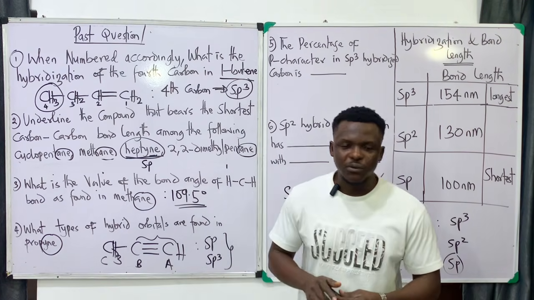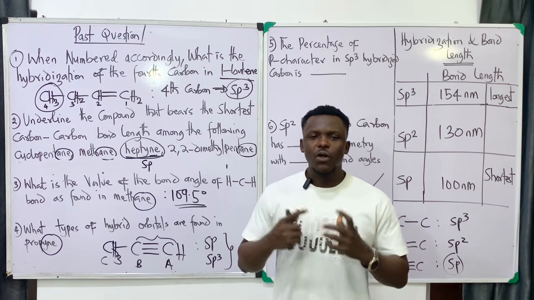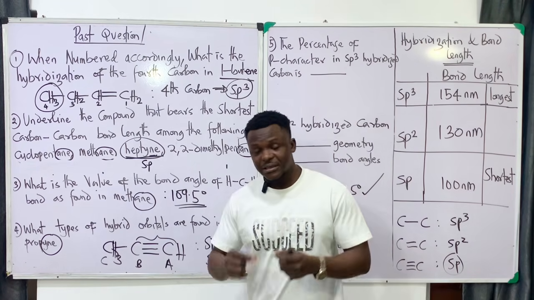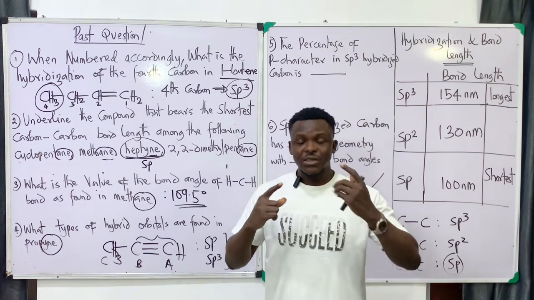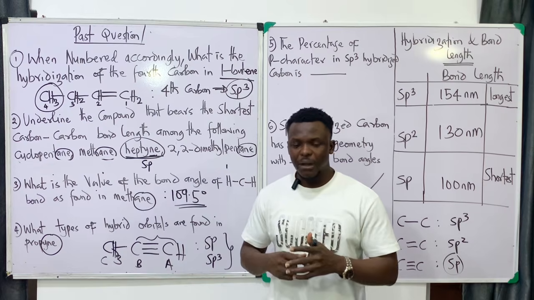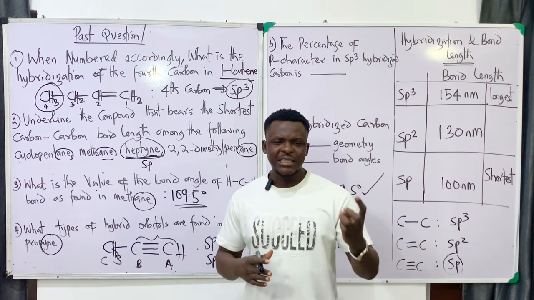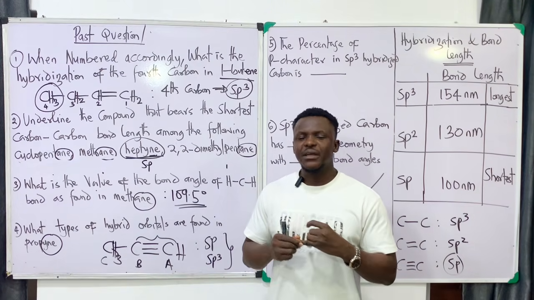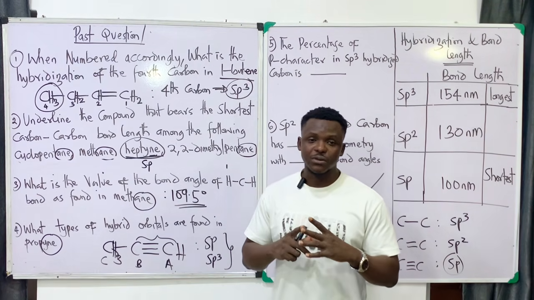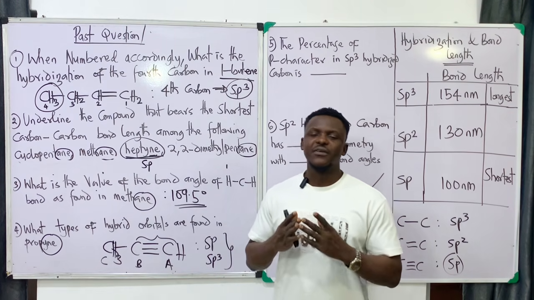So it is possible for one compound to have more than one hybrid orbital. It all boils down to the type of carbon that is present in that compound. If a compound has a carbon with a triple bond, a double bond, and a single bond in the same compound, that means there's a possibility of us having sp3, sp2 and sp hybrid orbitals. sp3, if there is a carbon that is singly bonded, with no double bond and no triple bond. sp2 will have a carbon that has a double bond,